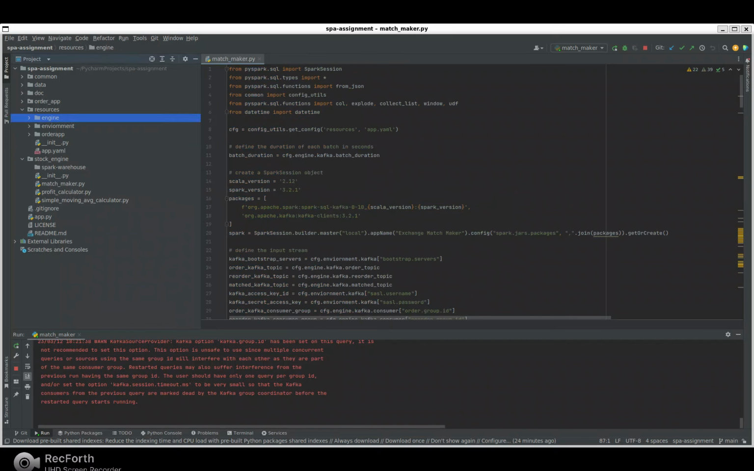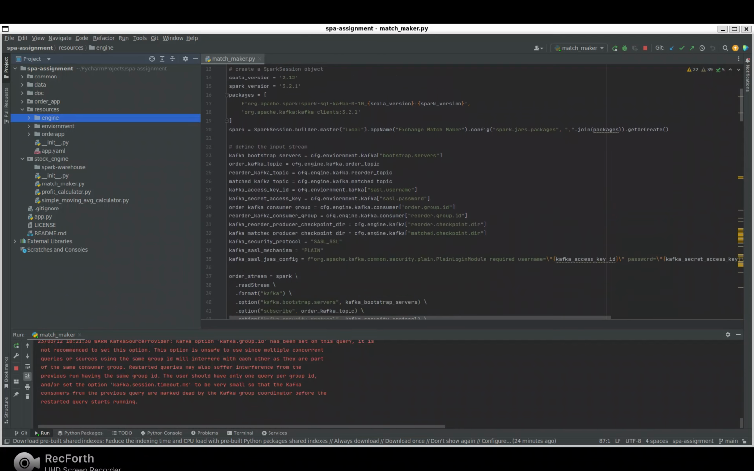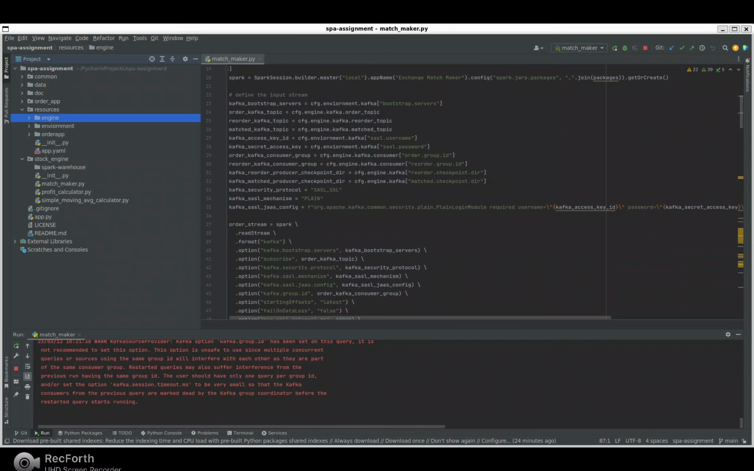And then we have defined the Scala version and Spark version, because we need to download a few packages related to SQL, Kafka, and Kafka clients. Since we are reading the order records from the Kafka topic, we are downloading those packages in Spark, importing the libraries, and then creating the Spark context using local, since I am running this on my local machine,